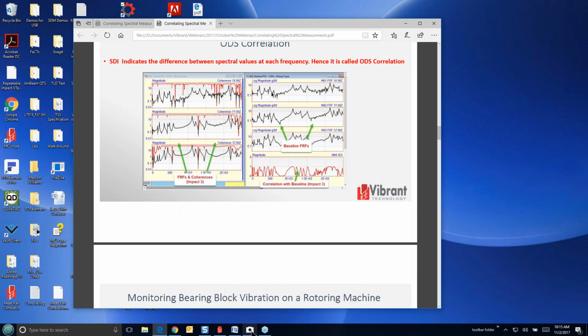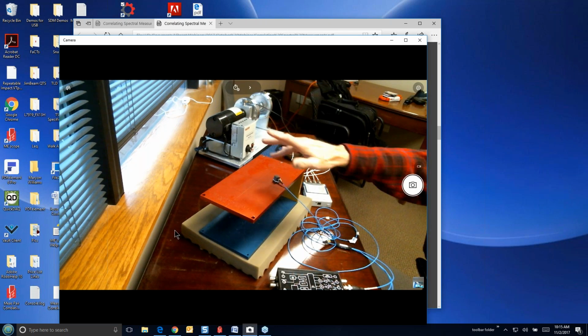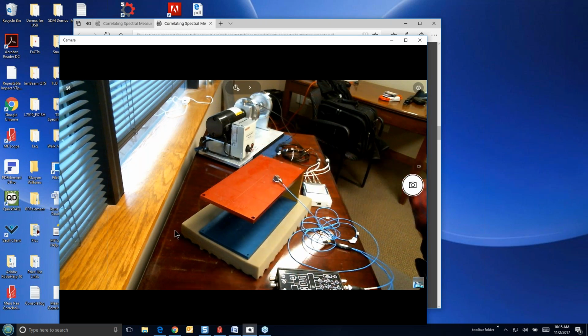Let me give you a little view of our live setup here. Here's the Jim beam, and here I put my hand out so you can see that we're live. And the accelerometer is just a reference so that when we compare a baseline with an impact, we can see whether we've done a repeatable impact or not.